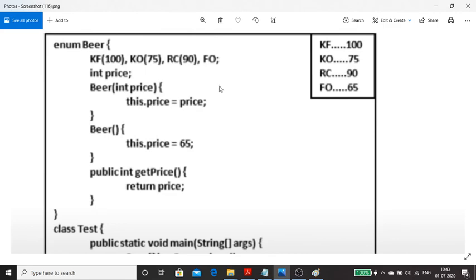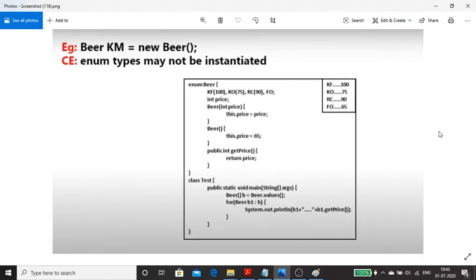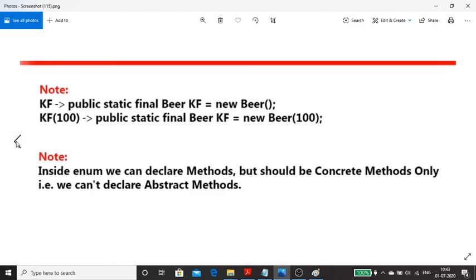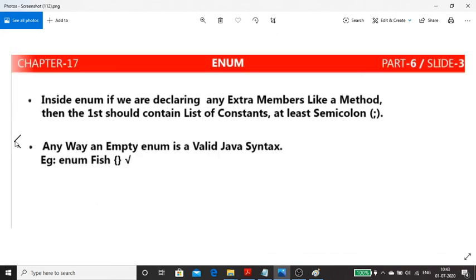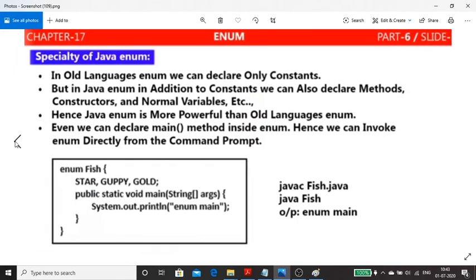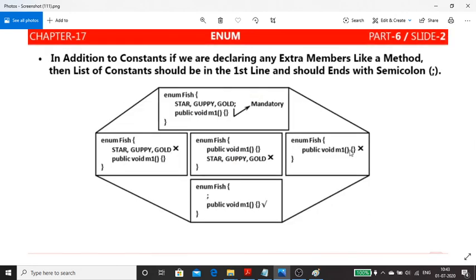Okay, so this is with respect to constructor in enum. If you have any doubt, you can text me. Just copy this one as it is. First you start from here, speciality of Java enum. You just write down this example and output. Next you write down this box as it is.